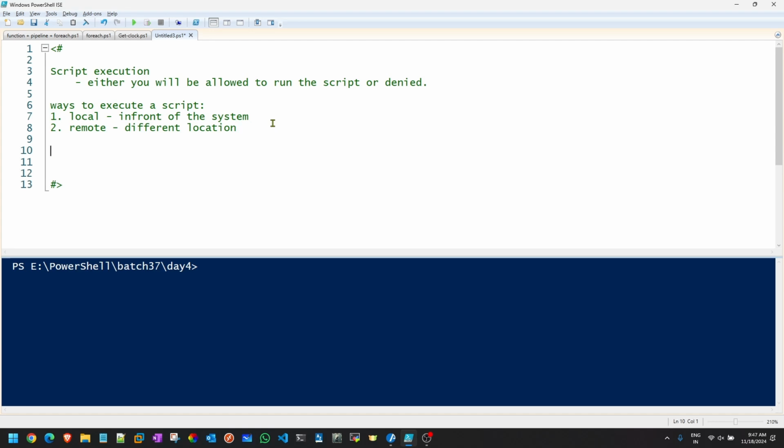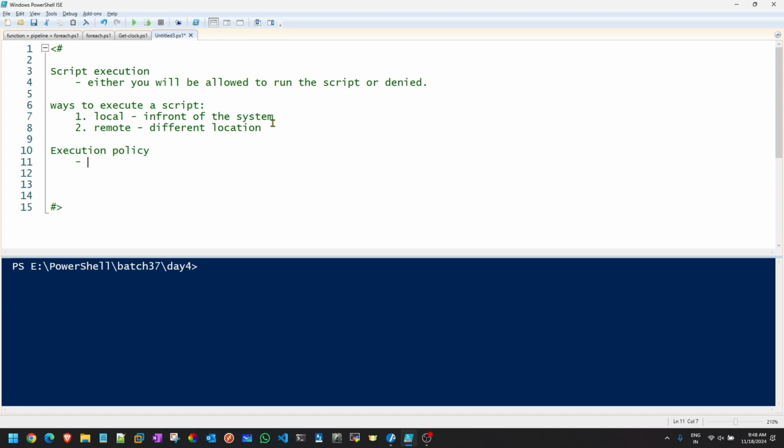Now, when you talk about execution policy, any idea what it is? Execution policy is nothing but a policy which will either allow you to run the script or it will deny. That's basically called execution policy.